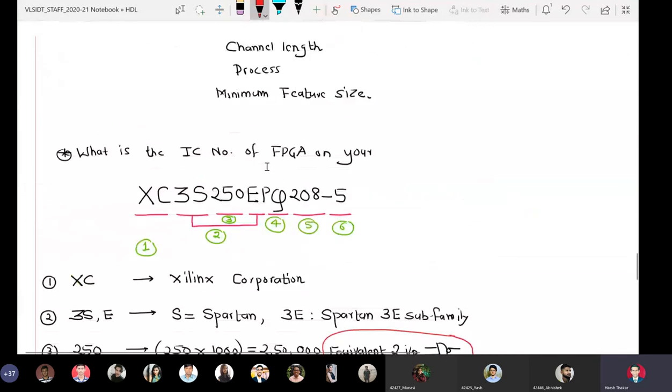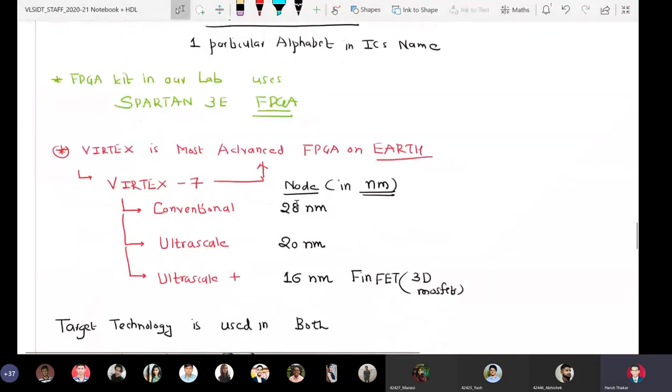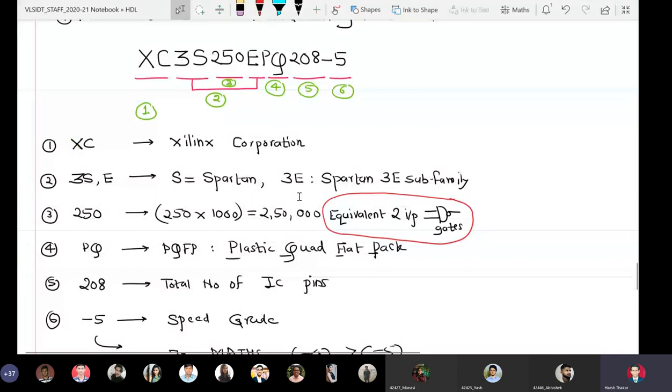That is why the old generation FPGAs used to express the